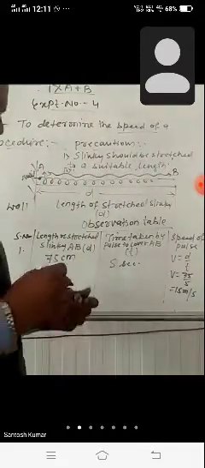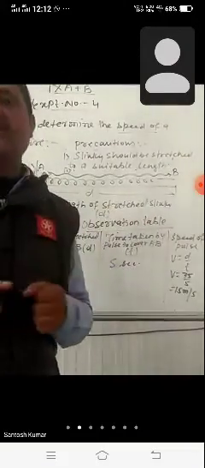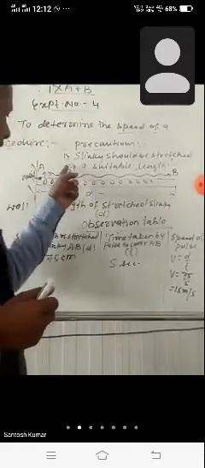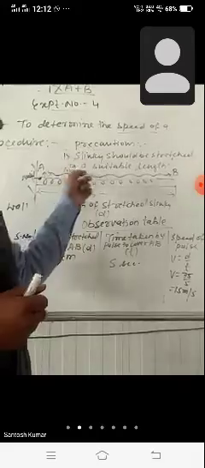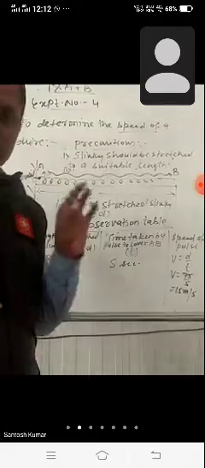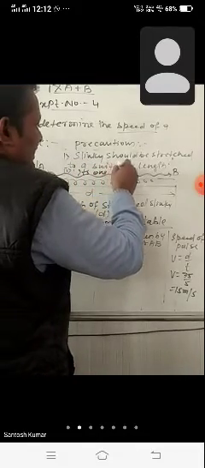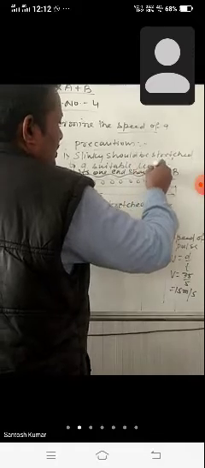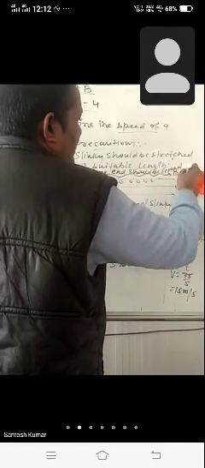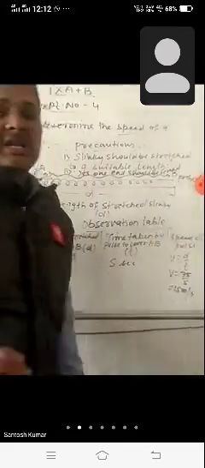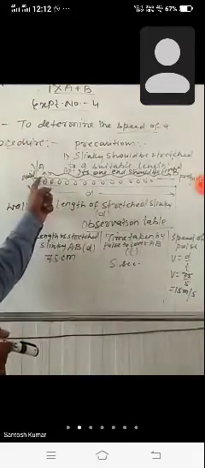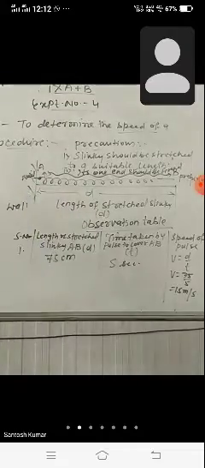Second, its one end should be fixed properly. Properly means it should not happen that while stretching, it breaks here. So that this length can be measured accurately. Second one, its one end should be fixed properly. You can write here: its one end should be fixed properly. We will fix this end properly with the help of a nail so that we can get